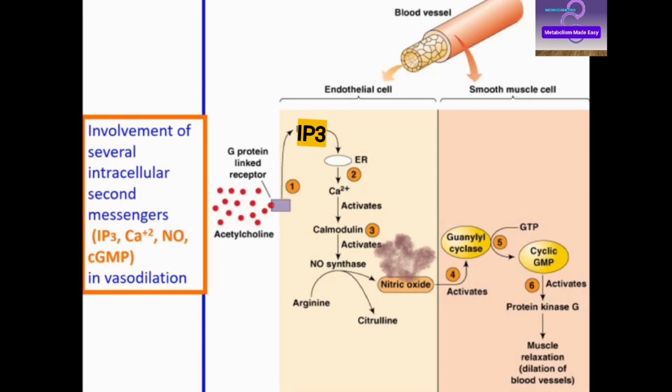So before I continue, I want you to think: in the endothelial cell, we have produced a number of second messengers. IP3, calcium, and then a new one here. This is a gas, by the way. Nitric oxide is a gas, so it has permeability, easily diffusible between tissues. Nitric oxide is produced as a consequence of activating the enzyme that makes it. Now, nitric oxide